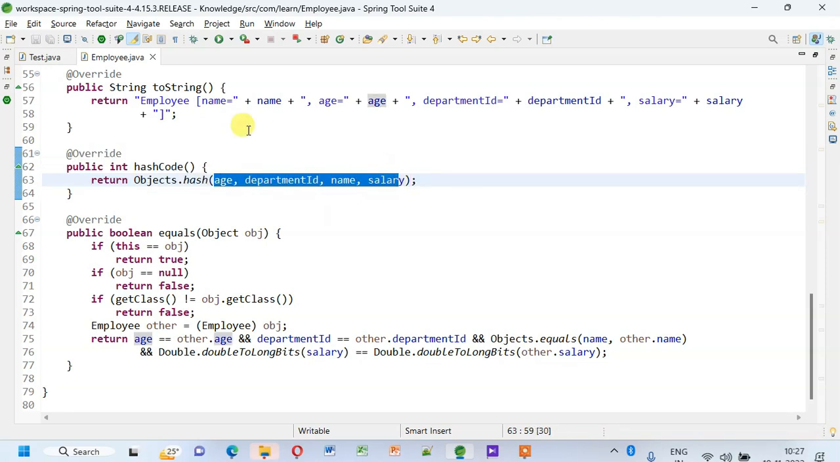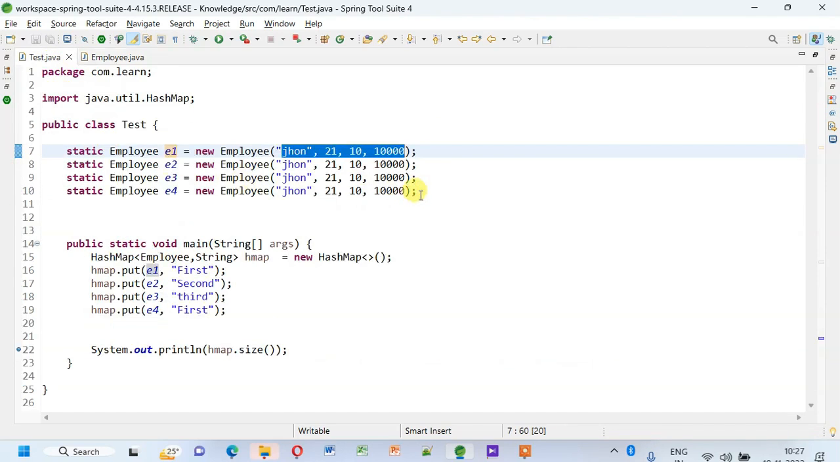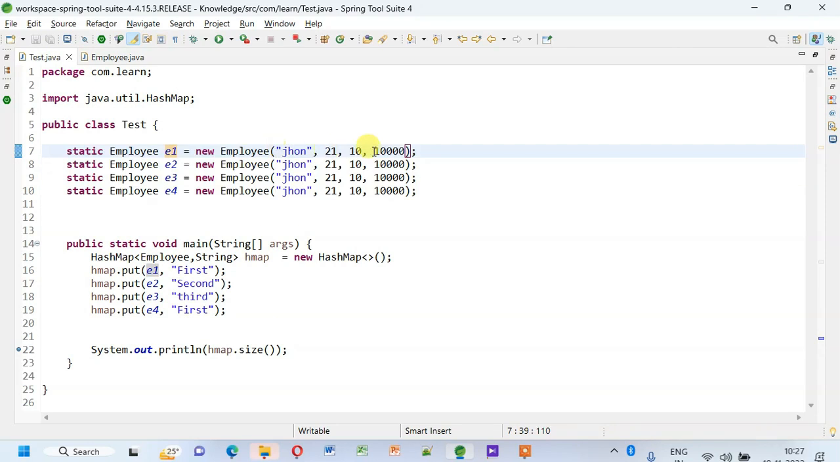Okay, so now if I go to the main class, you see I have created 4 objects and the content of all the 4 objects is the same. So it will create the same hash code and it will go to the same bucket and it will end up